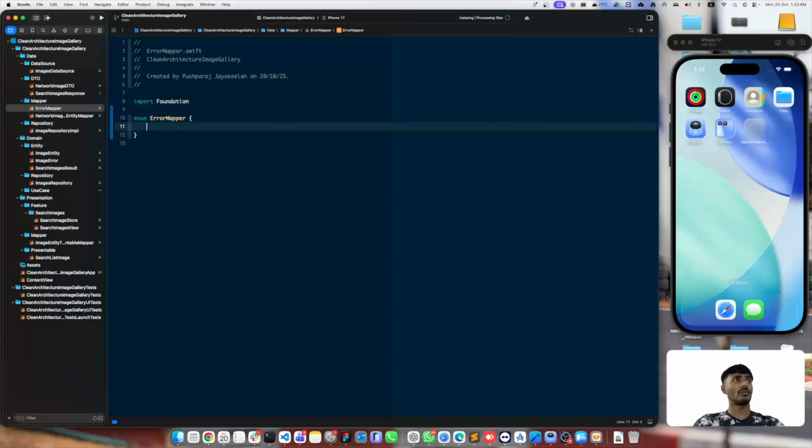So we need to handle the error appropriately here. I'm going to check case let URL error as this one, and if the received error is of type URL error, then I'm going to switch URL error dot code and case dot not connected to internet or dot network connection lost. Then